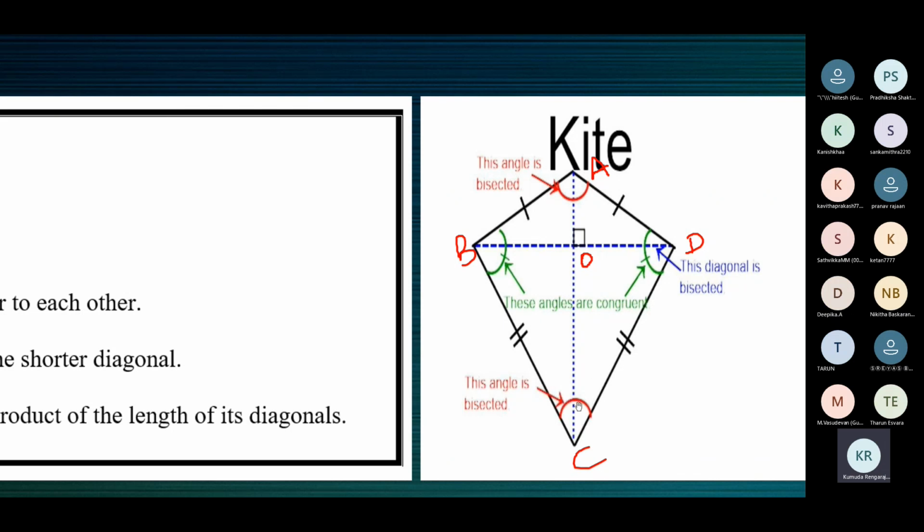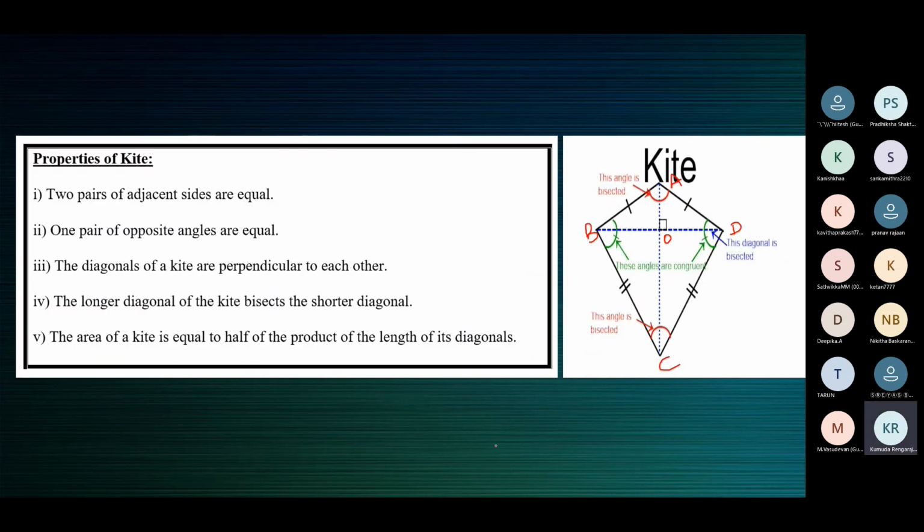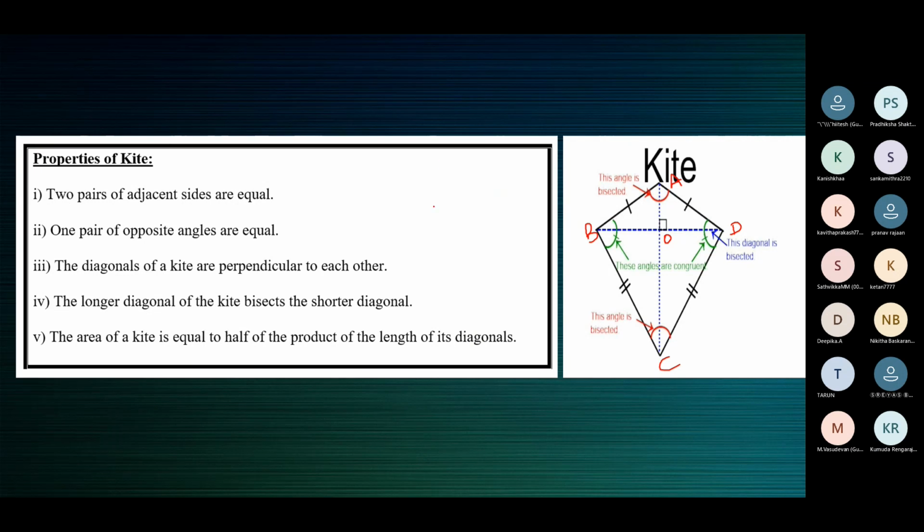Angle C, this angle C is equal to this angle C in the two triangles ABC, ADC. C is equal to C. This part of angle C is equal to this part of angle C. That means this full angle. Okay, wait a minute. I don't know if all of us are following. Let me take up the triangle separately.